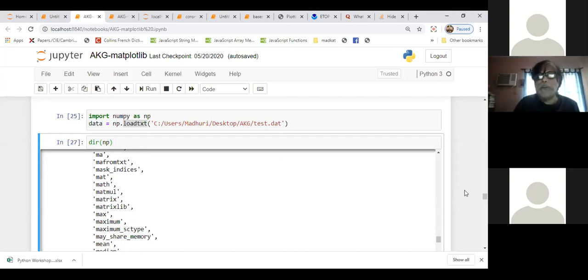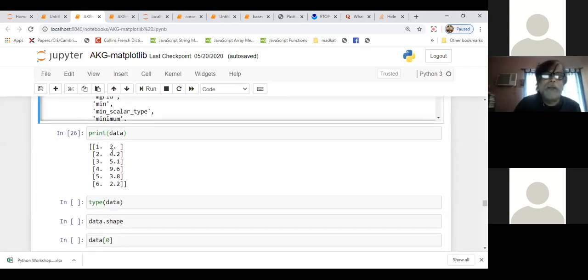Anyway, now you see the data is a NumPy array. How do you understand? These are the square brackets, and it's a 2-dimensional array. Two square brackets here and two square brackets here means a 2-dimensional array. Here is one row, and the next row. You can understand this is the X column and this is the Y column, and you want to plot that.